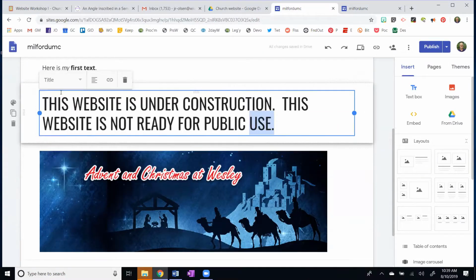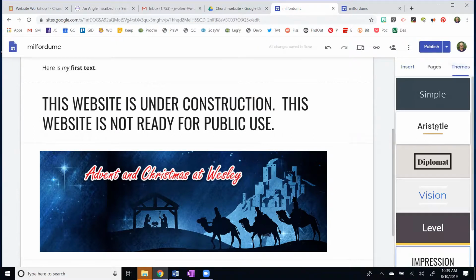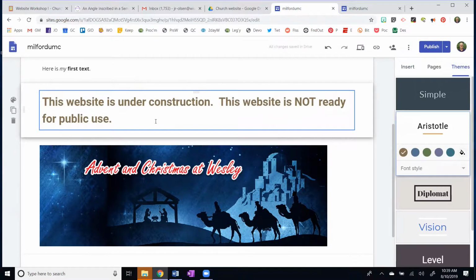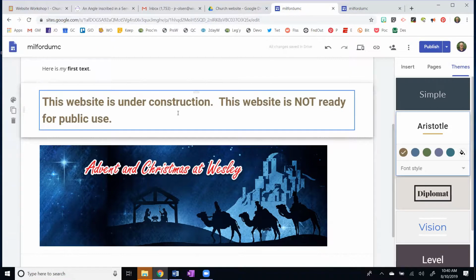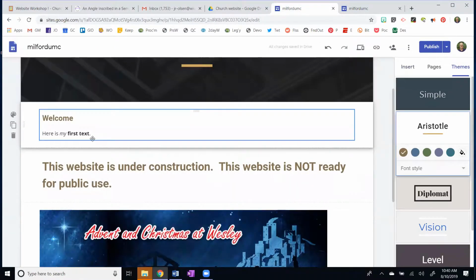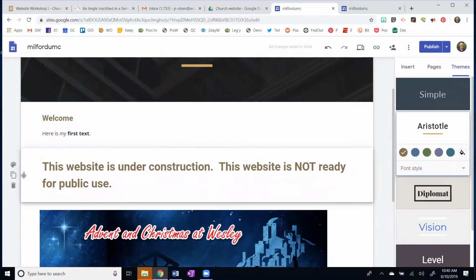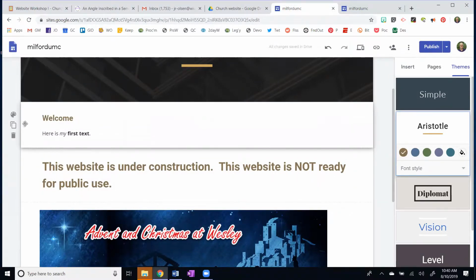And I would make this nice and big. That's maybe a little bit too big. By the way, the fact that this went all caps for a title is because of my theme. If you change your theme, it changes your titles. The other thing about these blocks is they're movable. And this is important. These blocks are movable, and there's a little grab thing here. So I'm going to move this one down.